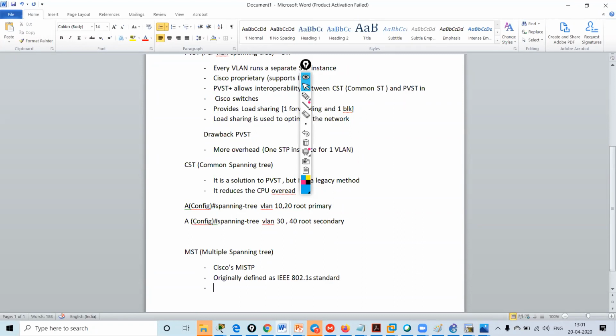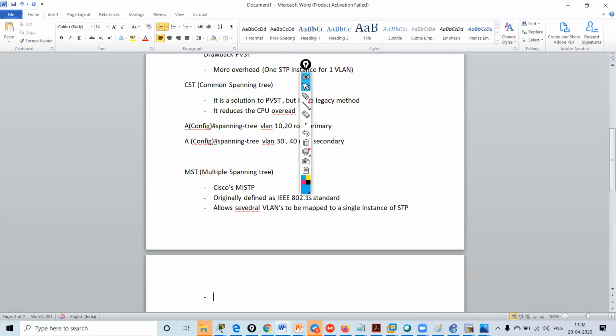Okay. Now, what you can do in this is it allows several VLANs to be mapped to a single instance of STP.